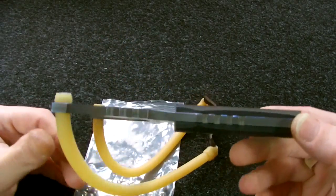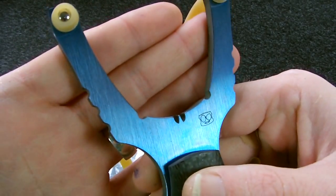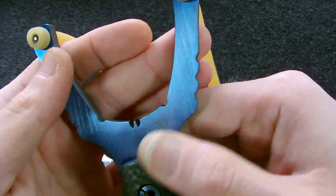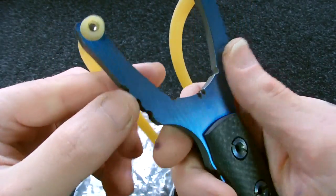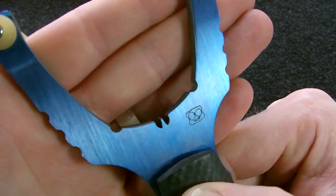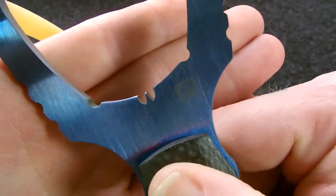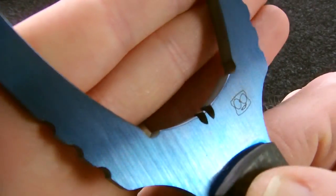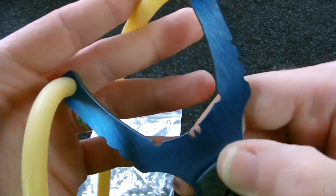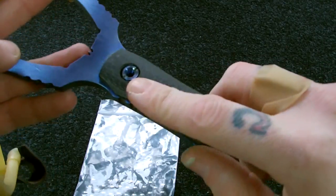The material being used is a thick slab of titanium. The design of the machining, with the small bumps on the side, like jimping here. This built-in sight is an extremely nice touch, or maybe it's just a detail, but I think it's a sight. Looks great. The finish here on top is awesome. Too bad for the voids in the carbon fiber, but that I could live with a lot